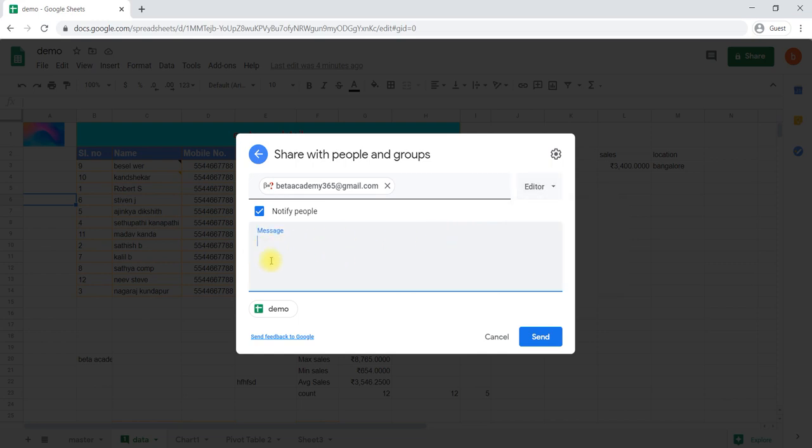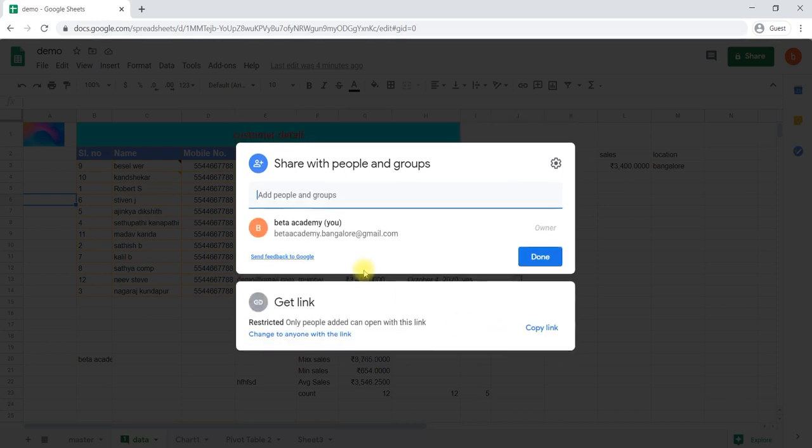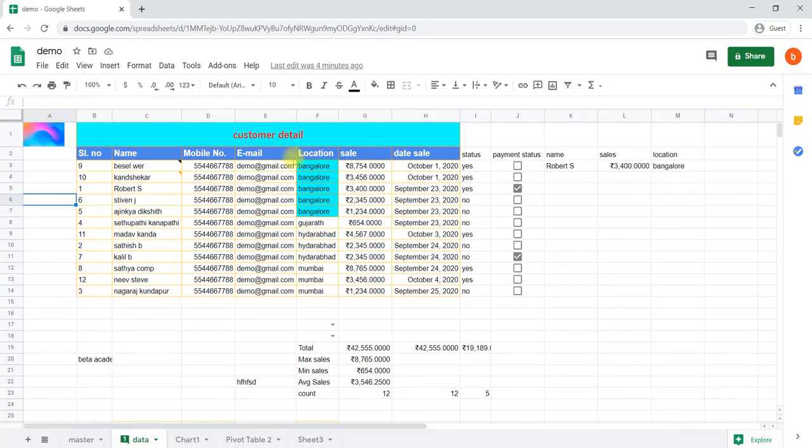You can write some message related to that. Then you can say Send. This is about sharing a document, or you can copy the link and share that link with any messaging platform.